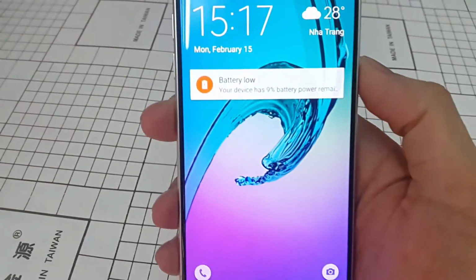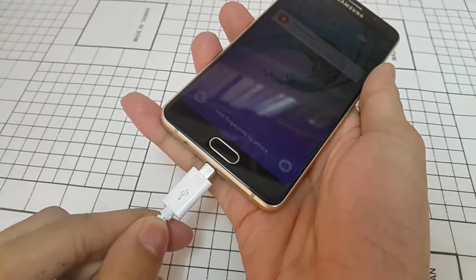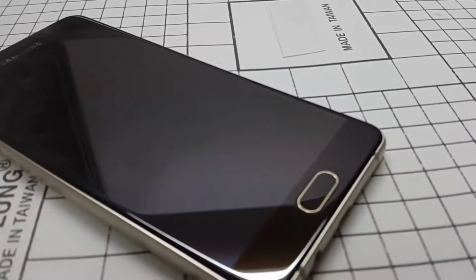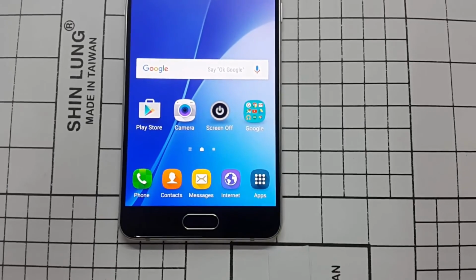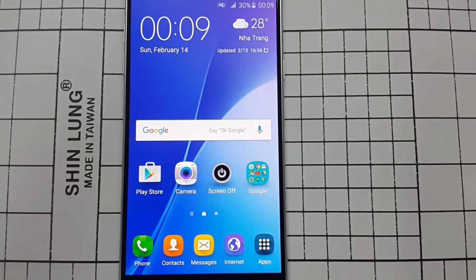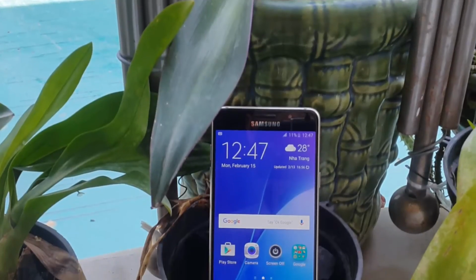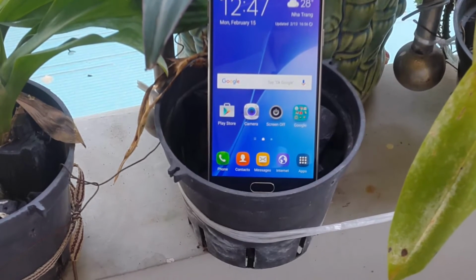And that's not all. This phone comes with fast charging. Charge the phone for only 5 minutes and you can get up to 4 hours of calling time. So in conclusion, the Galaxy A5 2016 is like a compact Galaxy S6. In fact, it does look and feel a little bit better than the S6 thanks to its fine and solid metal and glass design. To wrap it up, we have the pros and cons of the Samsung Galaxy A5 2016